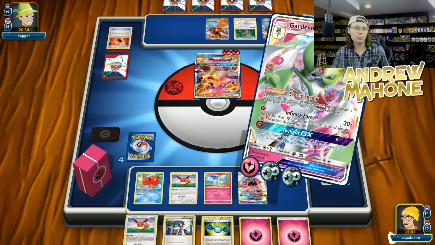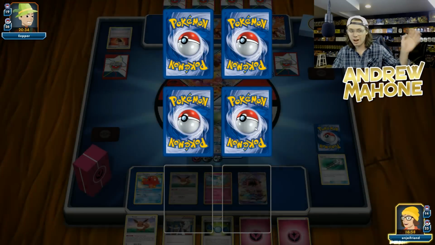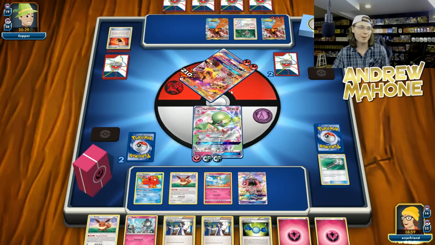You can see how good Gardevoir GX is. This deck's insane. I mean, you just get a Gardevoir just up and steamrolling things. This is just so much pressure for the opponent to deal with right now. Like, you've got a Gardevoir GX just staring you down. That's why a lot of these Volcanion decks were playing Enhanced Hammer, and that's what